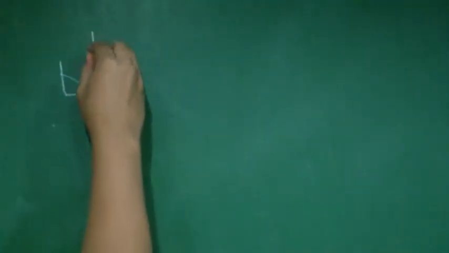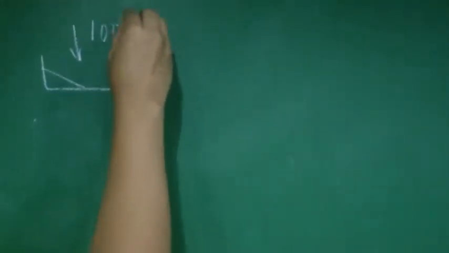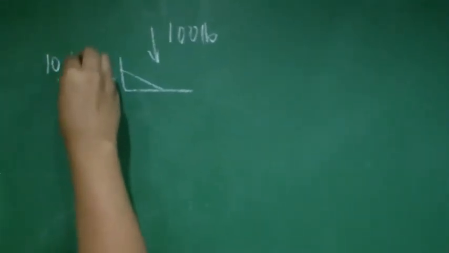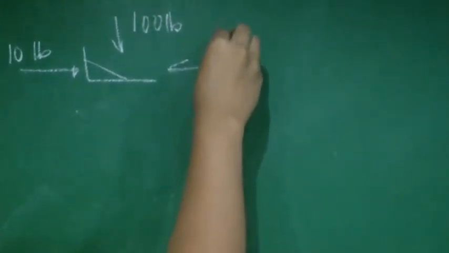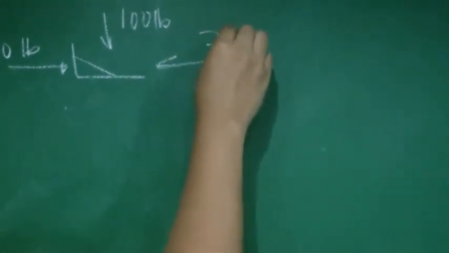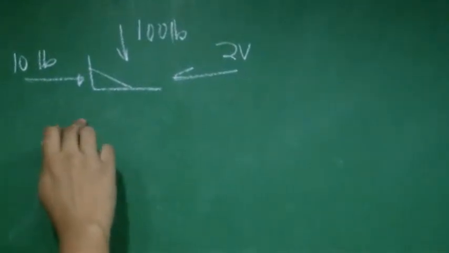From the problem given, we have a sled which is 100 pounds and has a pushing force of 10 pounds. And it is pushed against the air resistance which has a magnitude of twice the velocity of the sled. Okay, so